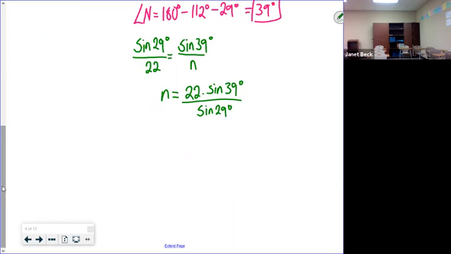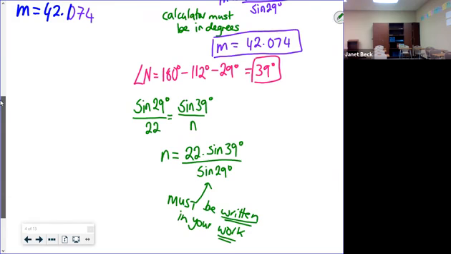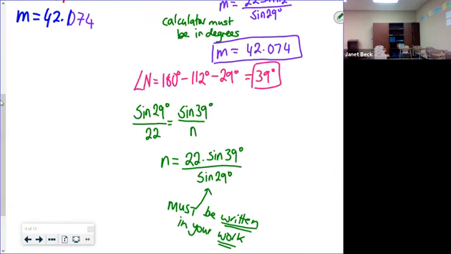This must be written in your work. Whatever you're going to be typing into the calculator must be written down in your work. If it's not, you'll lose over half the points on the test. That's what we're looking for. Your work must be shown. Okay? And if you stick that one into a calculator,